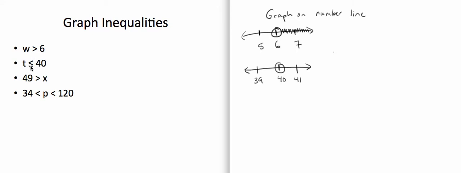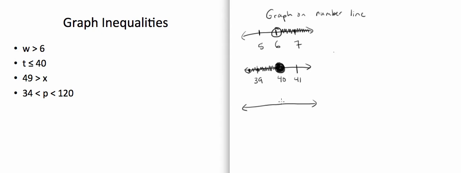Since this is a less than or equal to sign, we shade in our circle. So now our circle becomes dark, like that. And we say, okay, where is T less than 40? Well, T is less than 40 to the left, so it's shaded that way. The next one we have